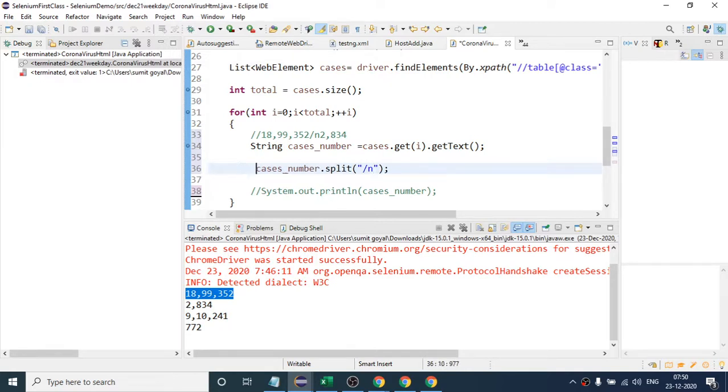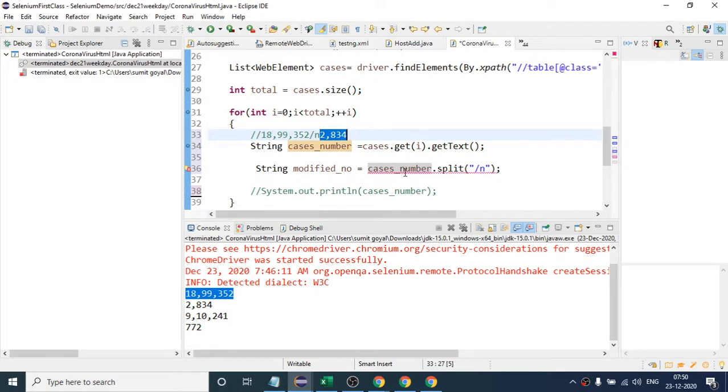If I capture that in one variable, I will write a string modified number. And here it is giving you one error, because when you have split the number into two, now you have the first number at the zero index, so it has become just like an array. Once you split the number into two based on slash n, this number will be present at index zero, and this number will be present at index one.